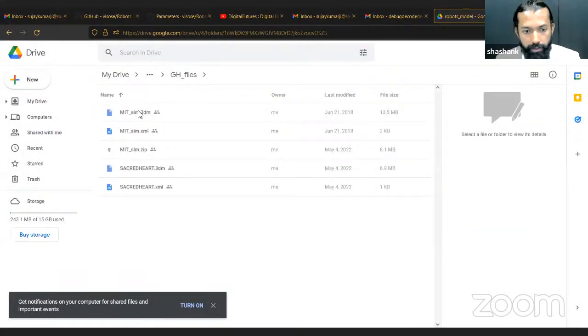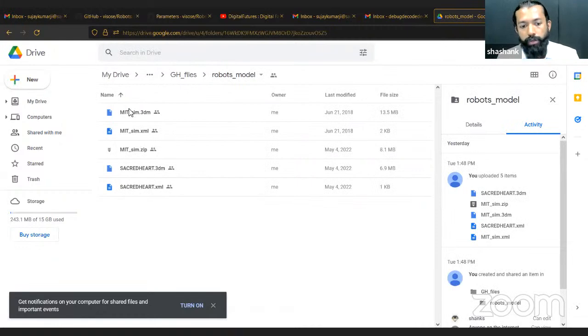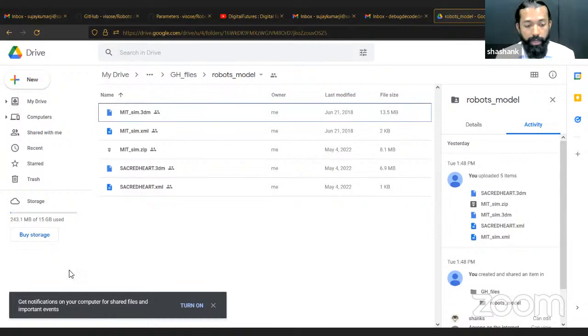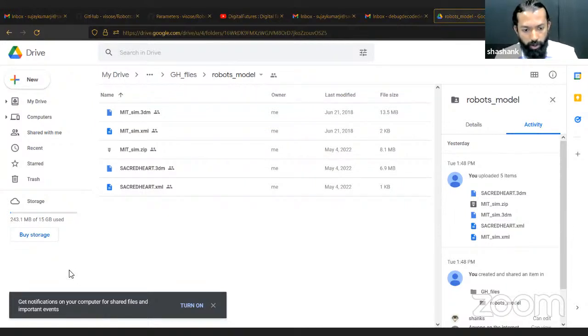Yes. So as you can see in the drive, I've shared these two models. One is an MIT sim and an MIT/sim.xml file, and there's a Sacred Heart 3D model and an XML file. So once you install the Robots plugin, you will need to add these robots. You will need to add this model into your documents, and there is going to be